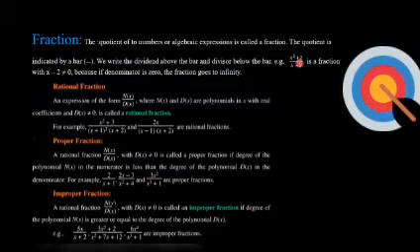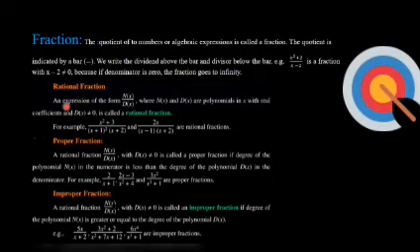For example, x square plus 2 divided by x minus 2. It contains two polynomials, quadratic and linear polynomial. This is a fraction, with x minus 2 must not be equal to 0, because if it is equal to 0 it goes to infinity and the fraction does not give any result.